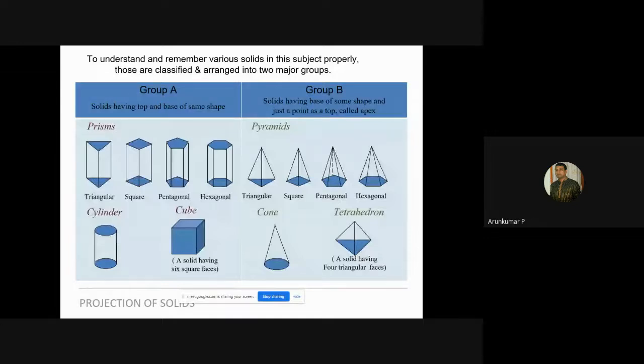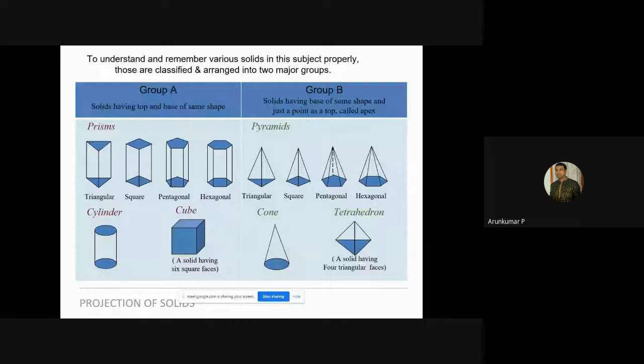Here also you have the solid placed on HP in the first step, and it could rest on an edge or on a corner. Then in the second step, you would be asked to incline it to HP by an angle theta. When you do that, it would be resting on an edge or on a corner, depending on the situation. Then in the third step, you would be asked to incline the axis to VP, or the edge on which it is resting would be inclined to VP. In all these 3 situations, you have to draw the front and top view of the solid.